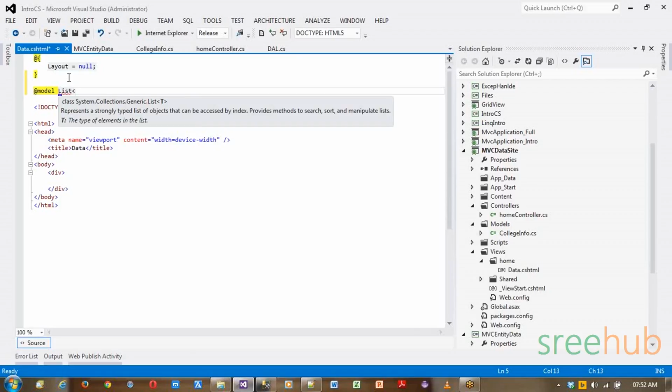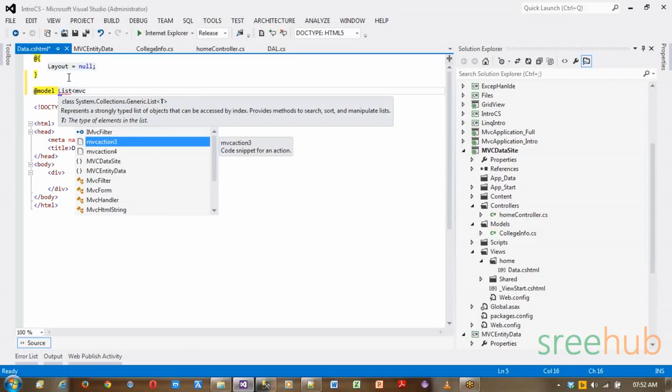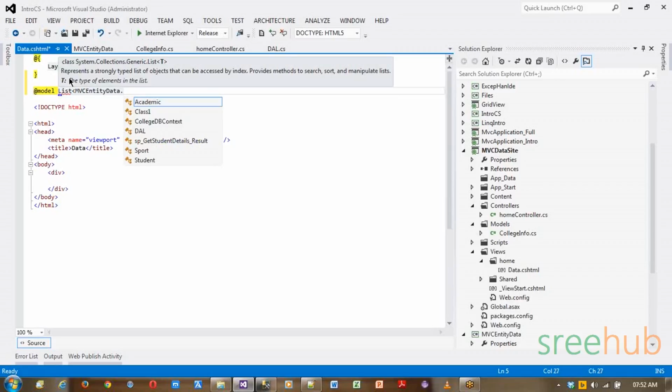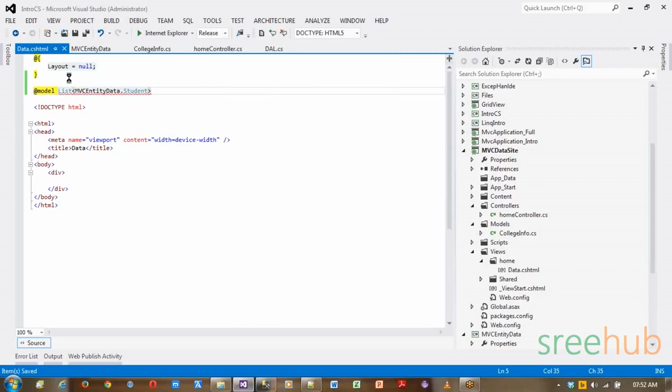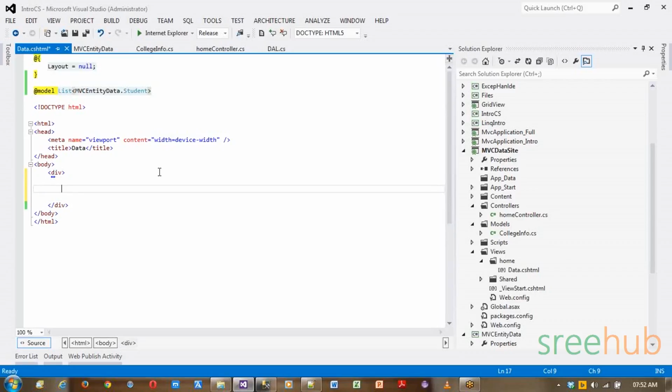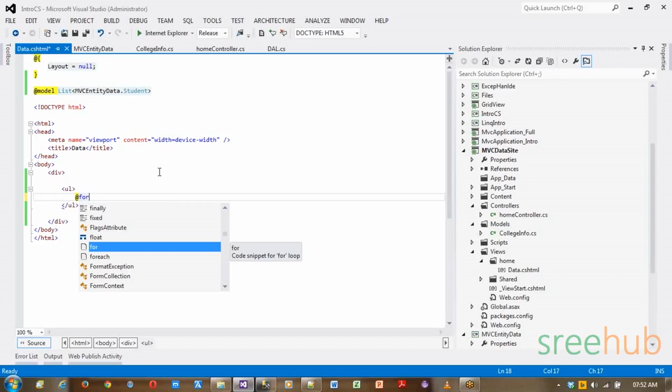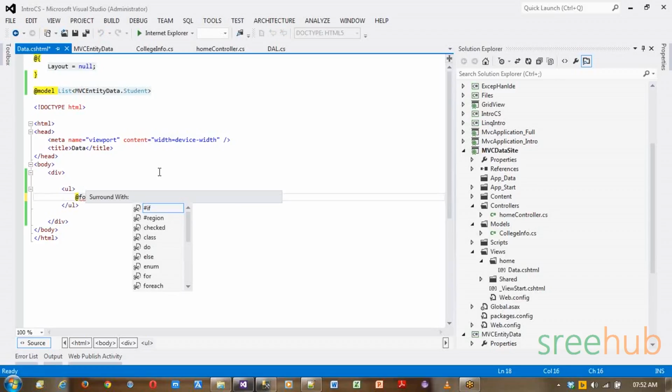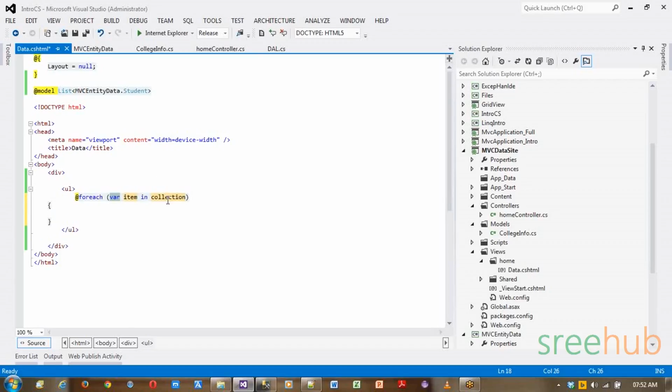Now again, if you want to import your student, you can see you have MVC data dot. This is the type of model which you are going to use in your current data. So in here, let's see how we can use that. We'll display everything in a list, right? Now here, let me use foreach. And my collection is